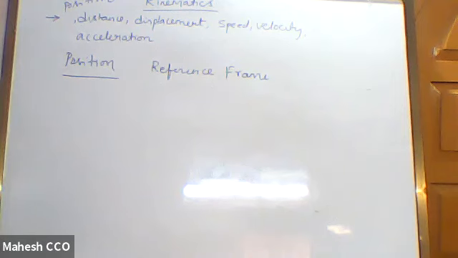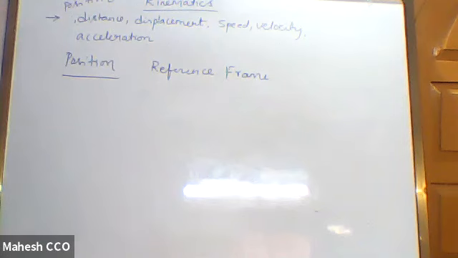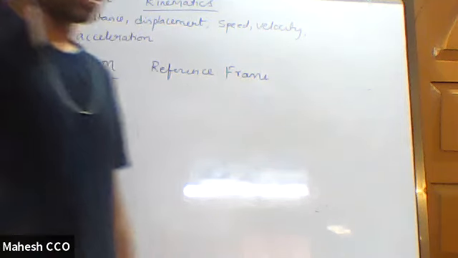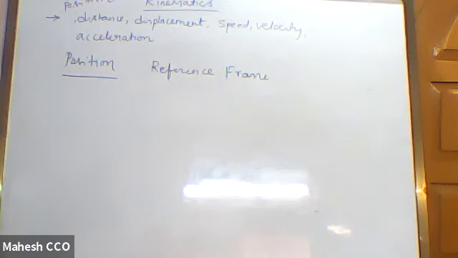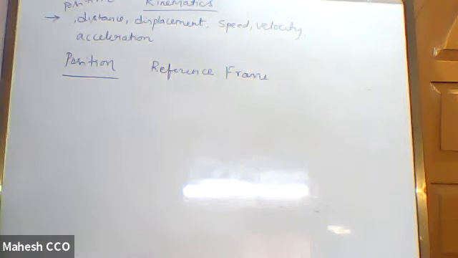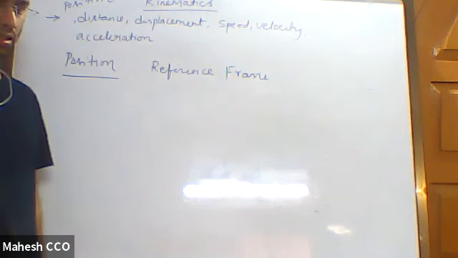Suppose if you take Cartesian coordinate system, in space you will have x, y, z, three mutually perpendicular axes which are fixed. Whereas if you take polar coordinate system, you will have r, theta, and phi like variables, and the corresponding axes which you keep rotating. So that we will not discuss right now because that is our interest in the circular motion chapter. At the moment, we'll be discussing things in Cartesian coordinate system.